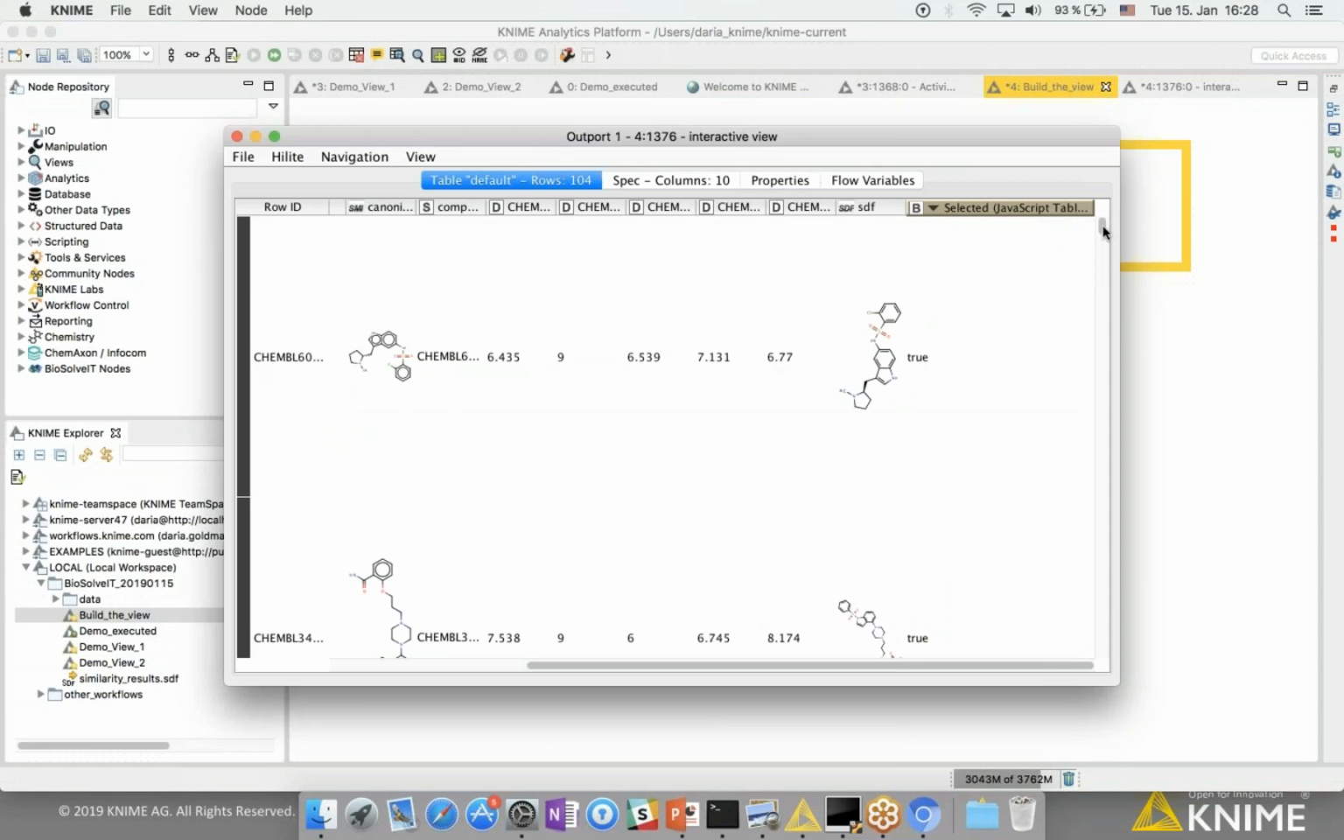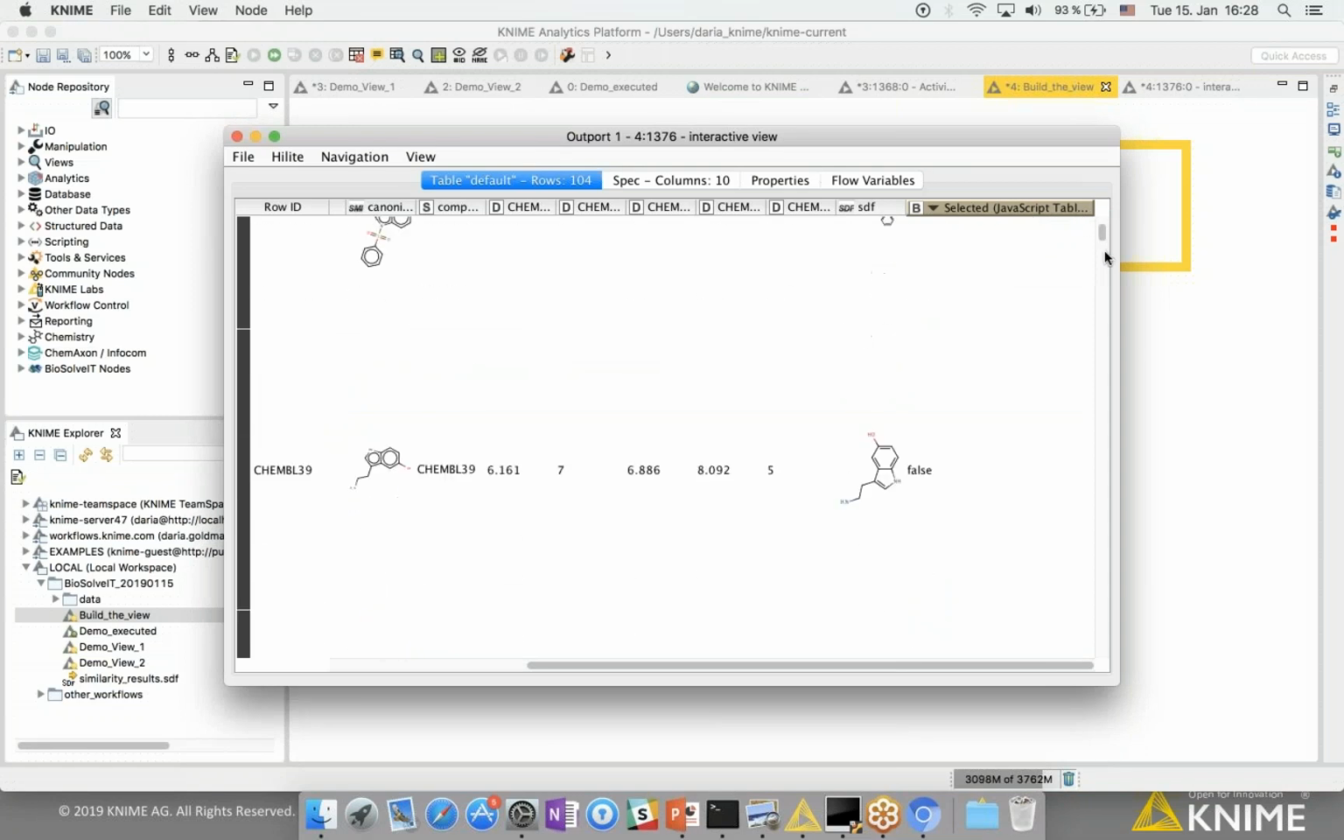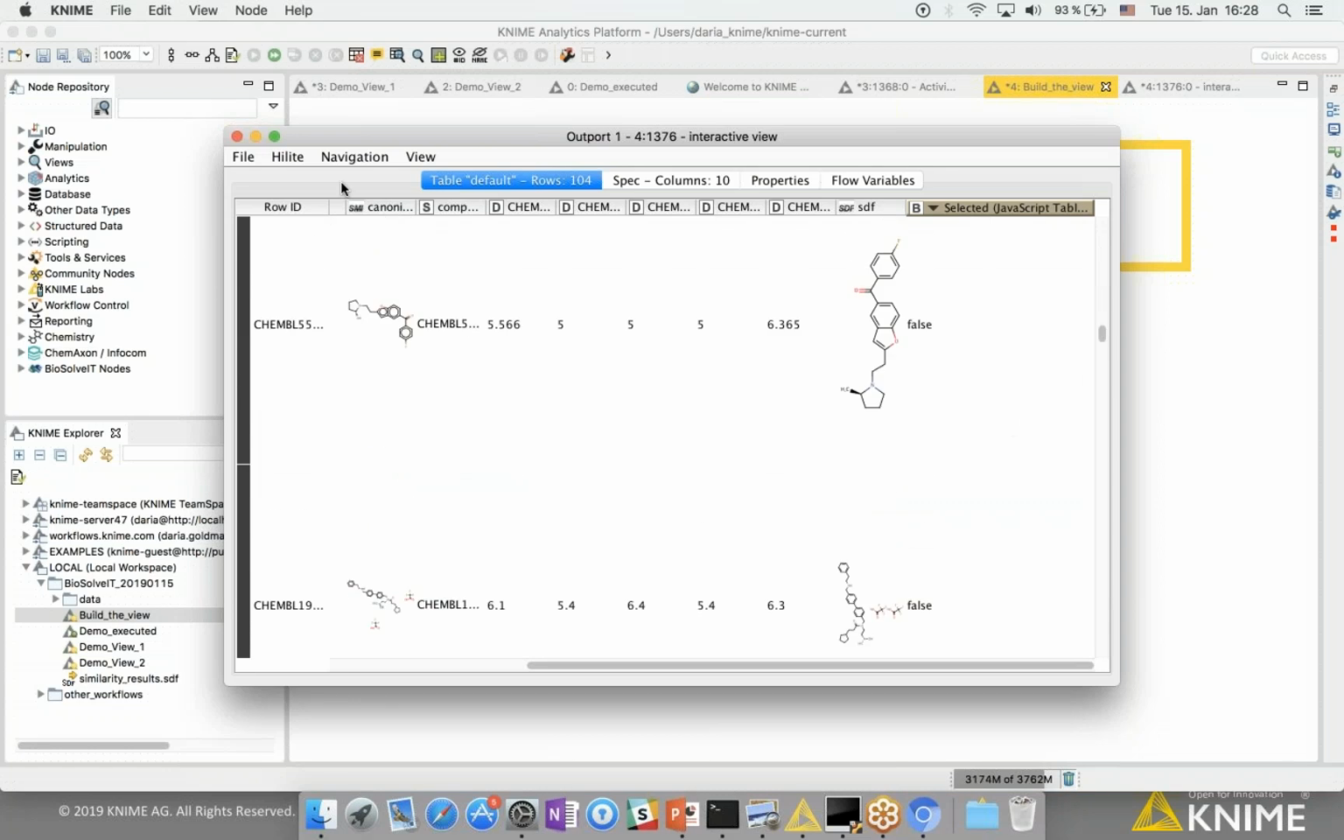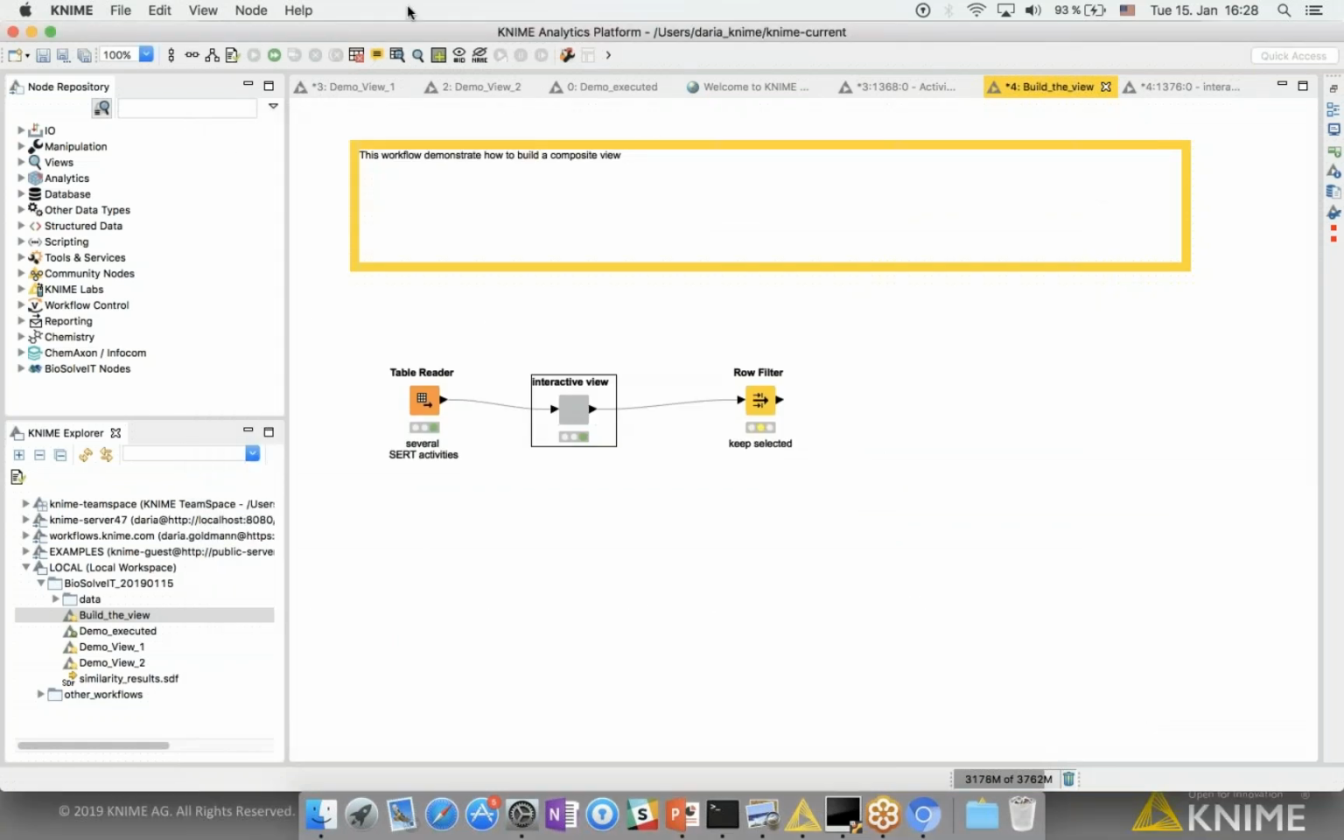And so those that were selected, they will get the true. Those that were not selected, they will get the false. And so this way you can use this information, for example, in the row filter and choose those molecules for the further analysis. And this is exactly what we did when we looked at our demo, at our interactive view